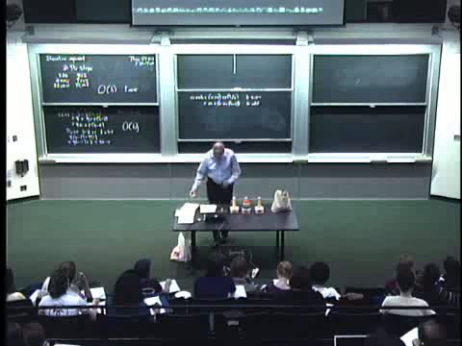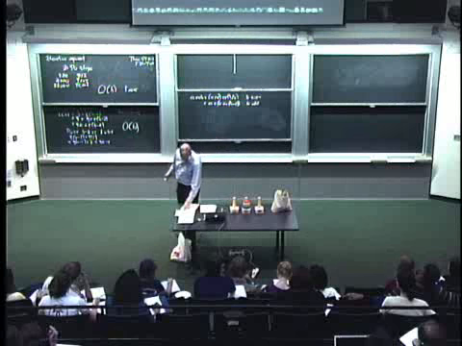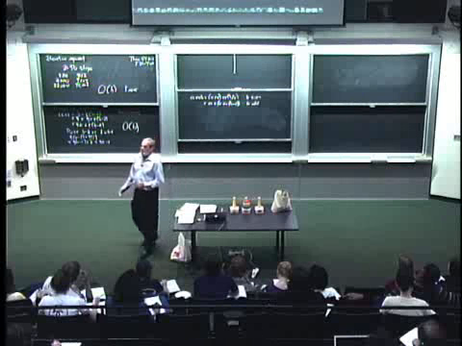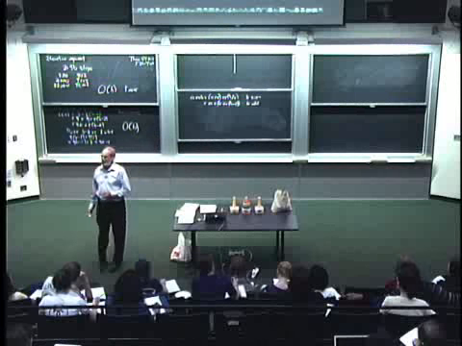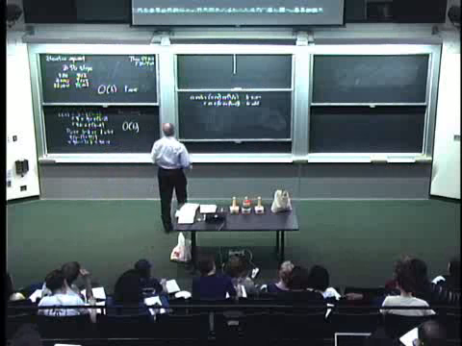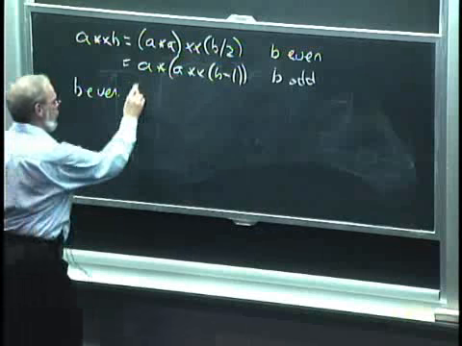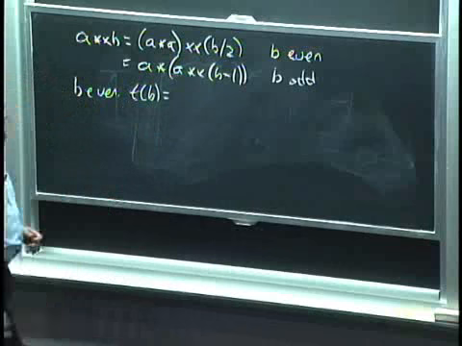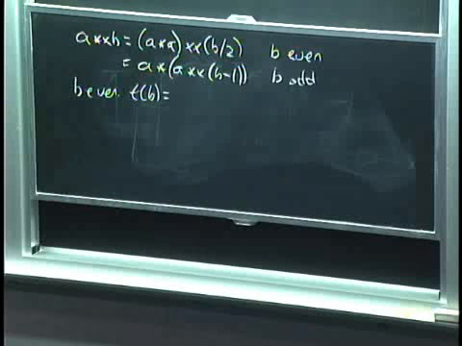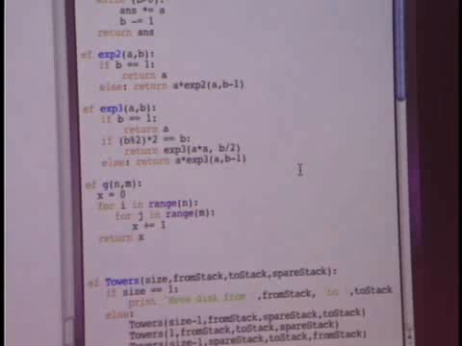It does work. What I want to look at is, what's the order of growth here? This is a little different, right? It's going to take a little bit more work. So let's see if we can do it. In the b even case, again, I'm going to let t of b be the number of steps I want to go through. And we can kind of eyeball this thing, right? If b is even, I got to test to see if b is equal to 1. And then I got to do the remainder, the multiplication, and the test. I'm up to 4. And then in the even case, I got to do a square and a divide. So I got 6 steps,